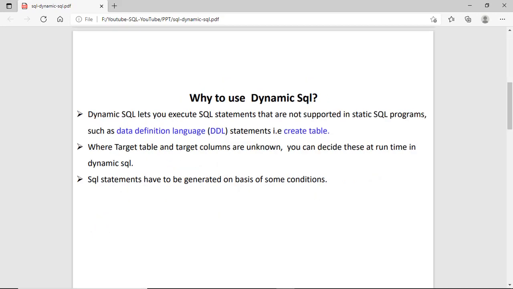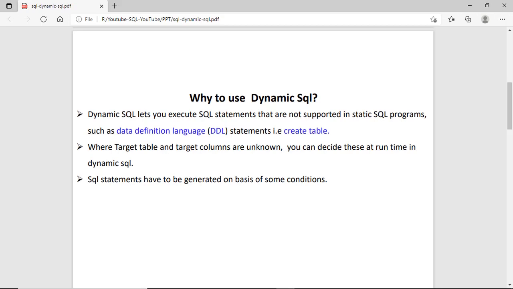Now, why do we need dynamic SQL? There are some scenarios. First of all, you can use DDL statements in dynamic SQL, which is not possible directly in stored procedures.